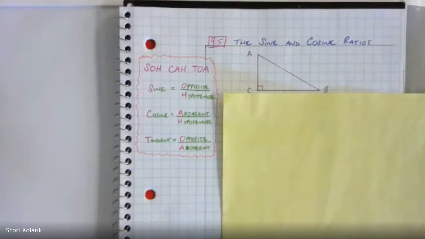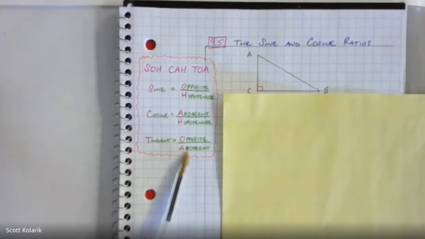All right, Chapter 9, Section 5, the sine and cosine ratios. Section 4 introduced the first of the three trigonometric ratios, being the tangent. And I took the time to make sure that we still had this marginal diagram over here, where, again, this is what we covered in Section 4, the fact that the tangent of some angle gives me this ratio based